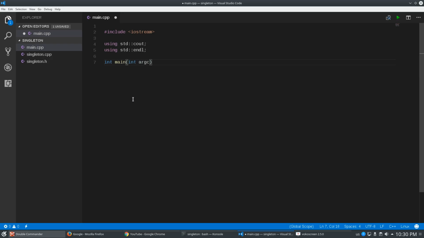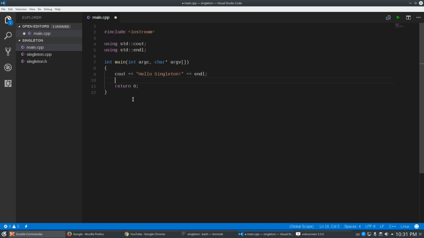I usually use the standard convention, which is including the argc and argv parameters, just because I'm a nasty bureaucrat, but feel free to ignore that if you want. Usually it will return 0 for success. I will output something like hello singleton. Okay,